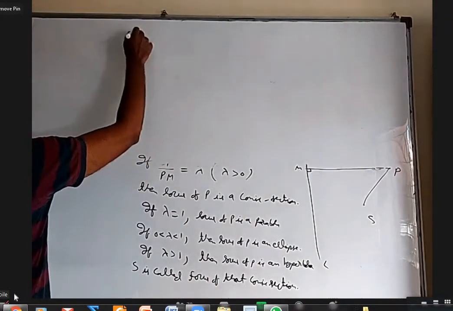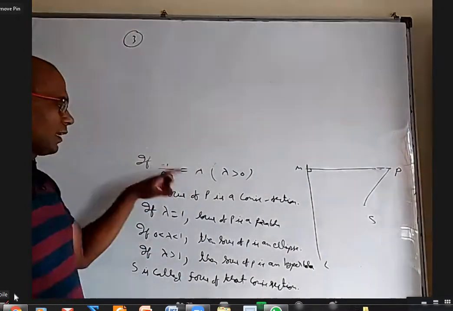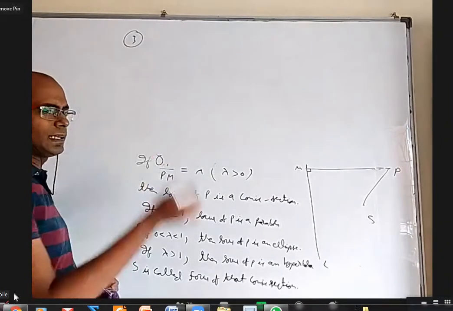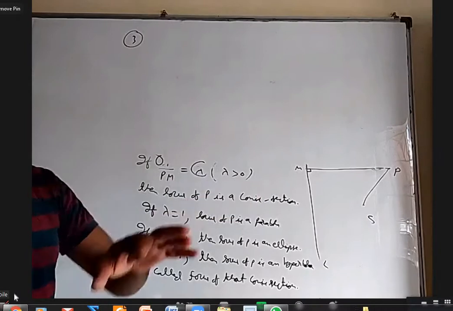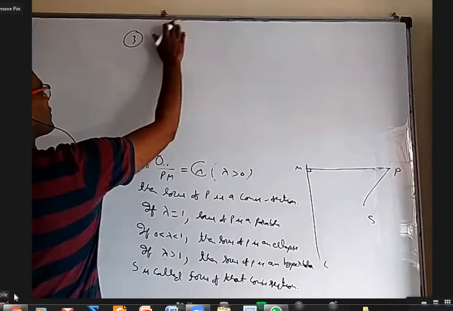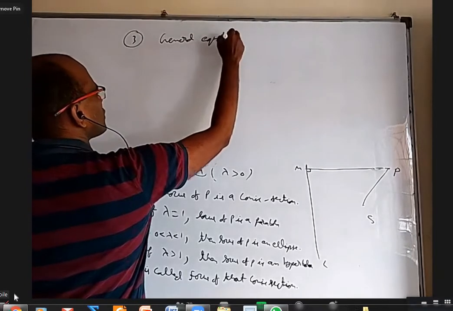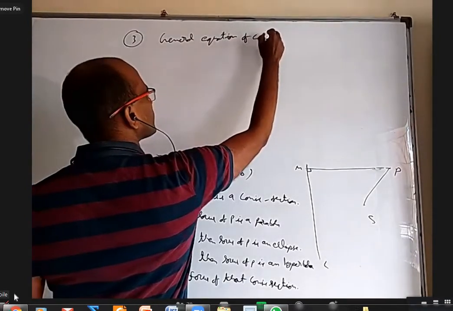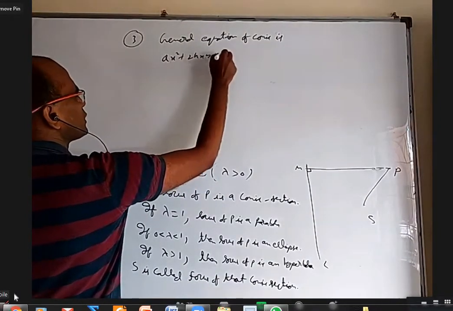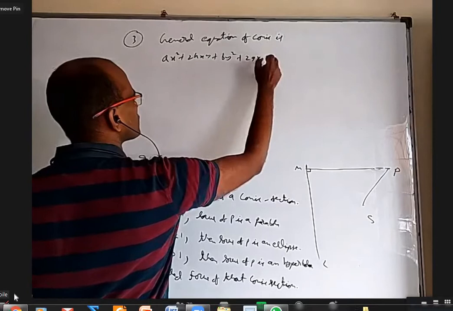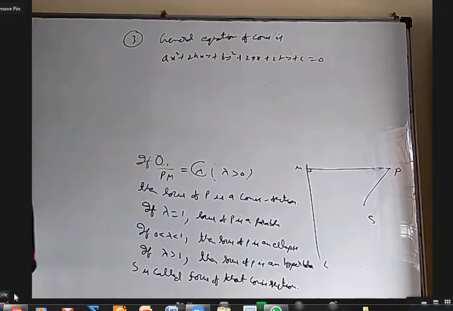Okay. Third point. Later on, when you do questions, you will realize anytime you take any S you want, any L you want, any lambda you want, when you expand this whole thing, bring this one this side, square it, you will get the general equation of conic like this. General equation of conic is ax square plus 2hxy plus by square plus 2gx plus 2fy plus c equal to 0. A second degree non-homogeneous equation.